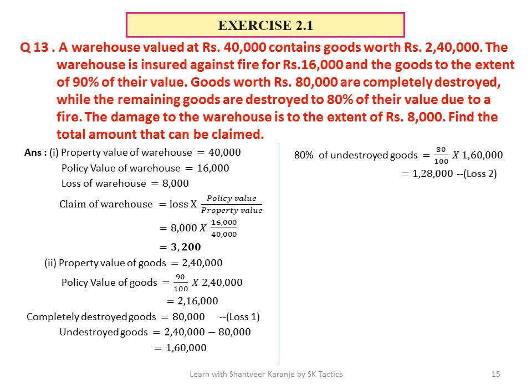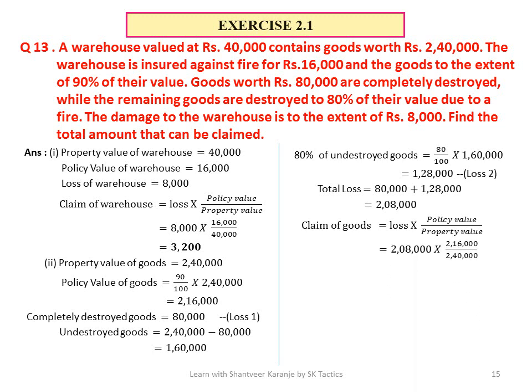So I combined loss 1 and loss 2 of these goods. So the total loss is 80,000 plus 1,28,000, which is 2,08,000. Now I have property value, policy value and the total loss of goods. So I can calculate the claim of goods with the same formula, loss into policy value upon property value, and it is 2,08,000 into 2,16,000 divided by 2,40,000, which gives me the amount